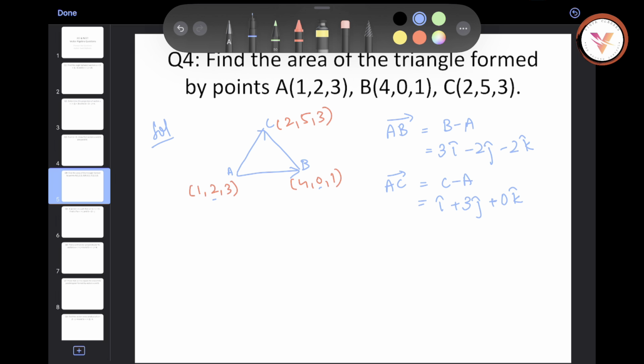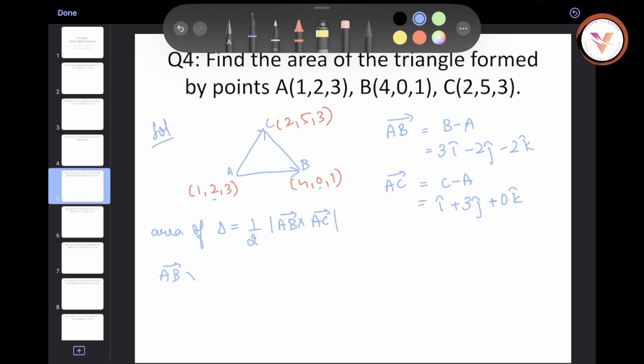And basically the area of the triangle is what? The cross product of these two vectors. So first we calculate the cross product and then we take the half and get the area, because area of a triangle is half of the magnitude of their cross product. So first we calculate